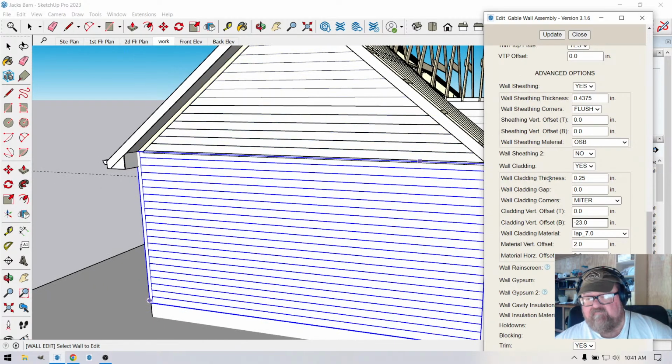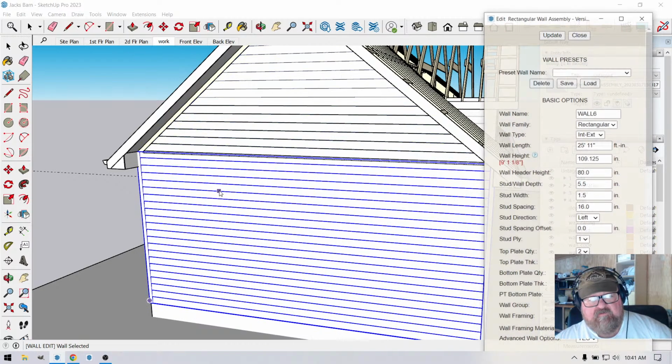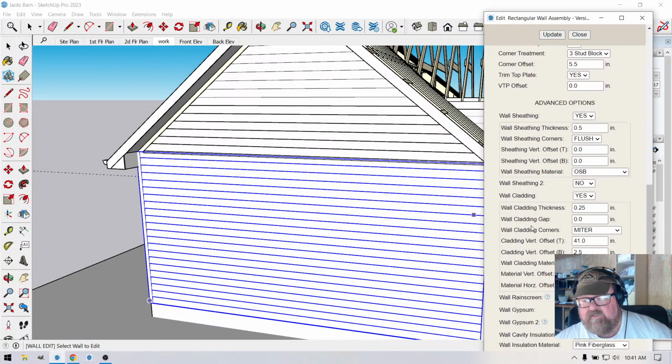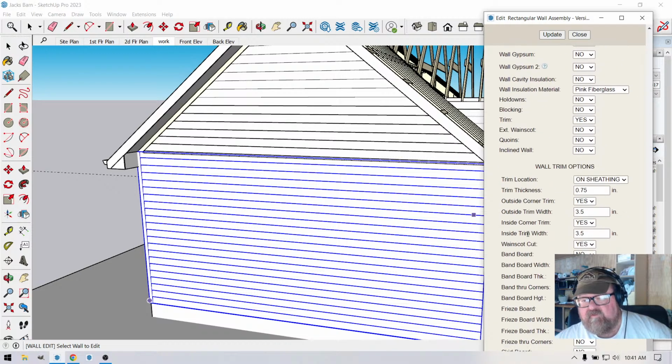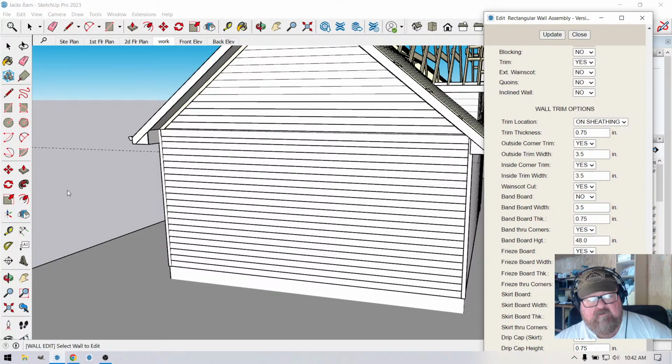But now I think I can put a frieze board on this wall at the top and make it look like a band board. It would be, let's do a 1x8 7.25 and we'll make it an inch thick. There we go. Let's make it a 1x10. If that looks better. But anyway, I was saying that in the past I have tried to decide